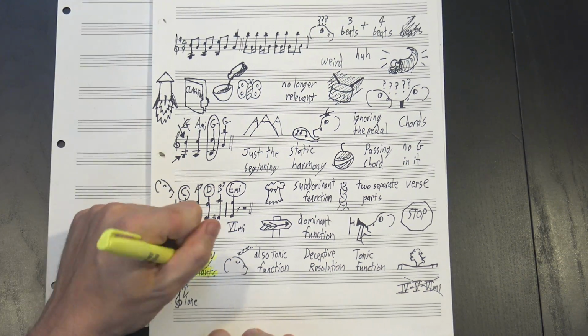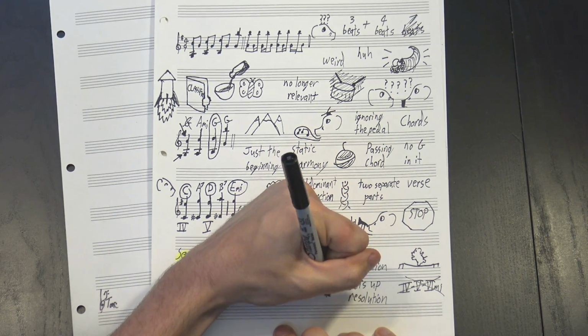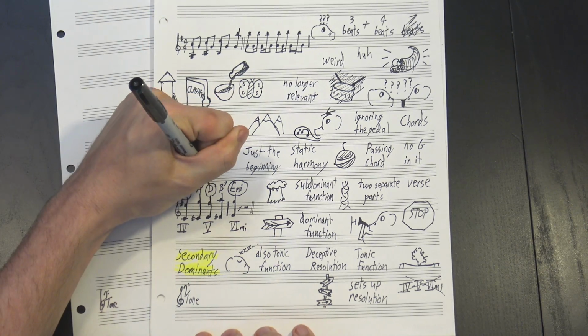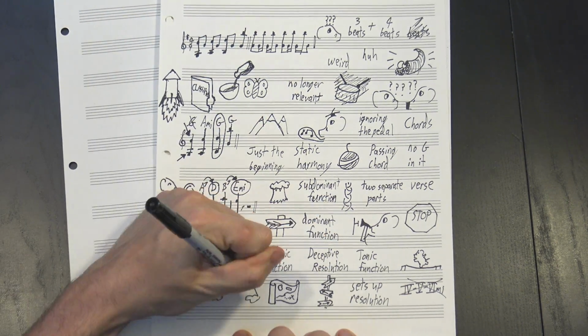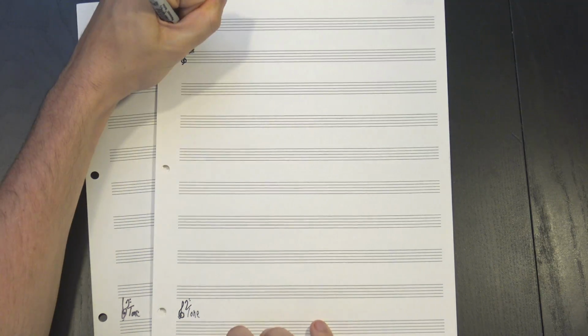This is called a secondary dominant because it sets up a resolution like a dominant chord, but it doesn't actually go back to the root of the key like the primary dominant would. So we have this A7, which resolves to D major, and this B7 that goes to the E minor. These add more direction and color to the progression, but they don't change its underlying shape. Anyway, next we have this bit,